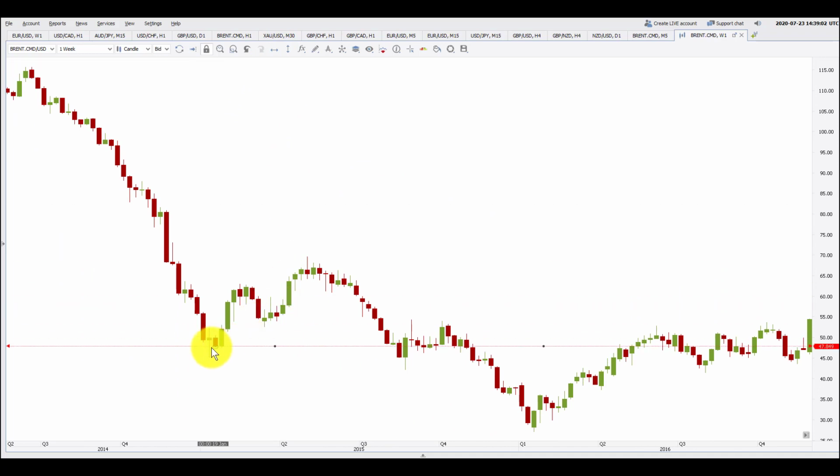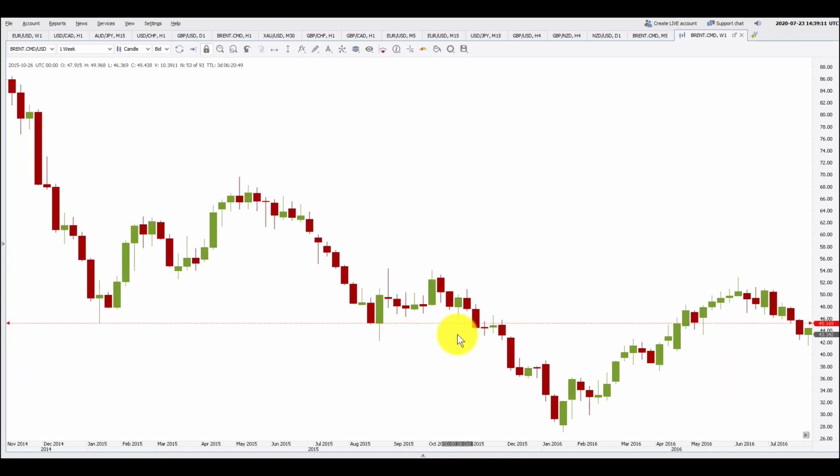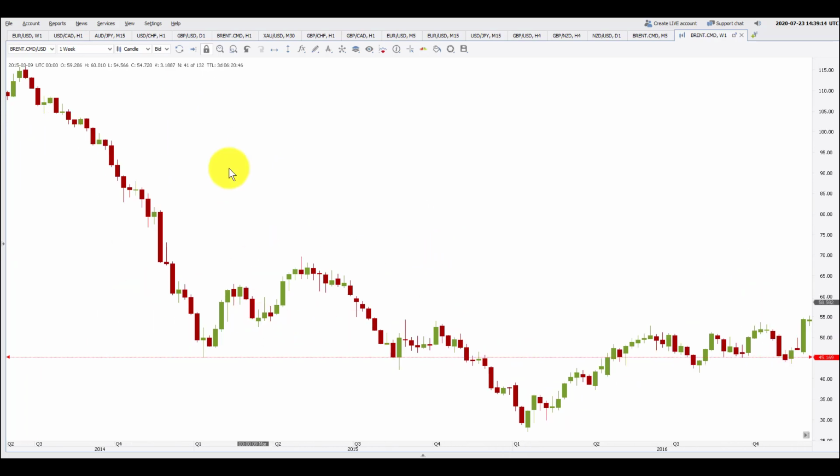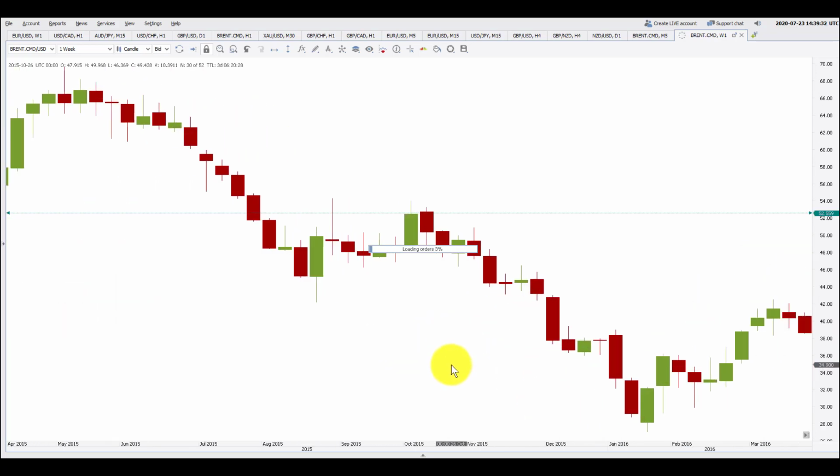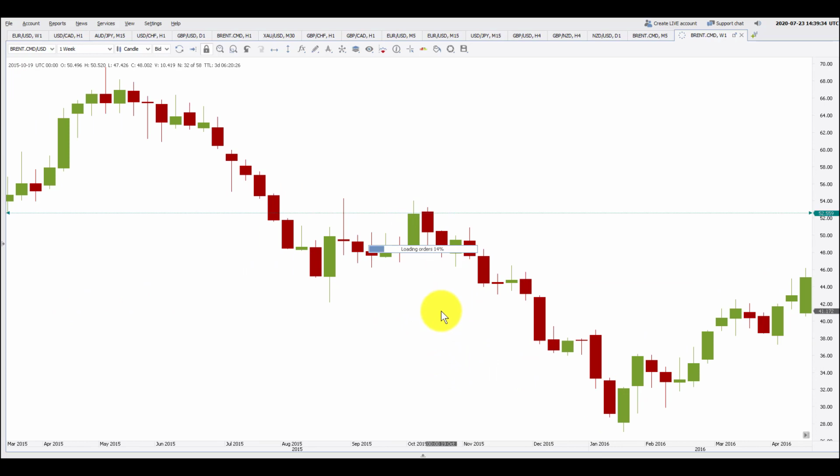Now you see, here was a key resistance, the price was going down. Here there is an inside bar, this was a key support. After breaking this support here on the weekly chart, the price went to retrace it and gave a bearish pin bar, did not follow through, and again retested it and gave us an inside bar.